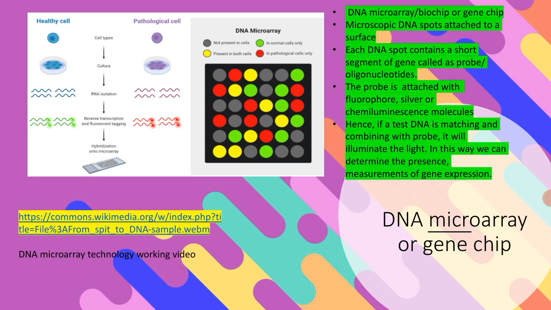So two different cell types will be cultured on culture media in the laboratory. From that their DNA will be extracted, and from the DNA the RNA will be extracted. Now this single-stranded RNA will bind to the probes, will get attached to the probes. So if there is specific bonding between the probe, the spotted genetic segments, and the test sample, that